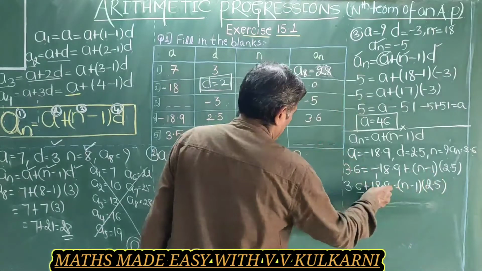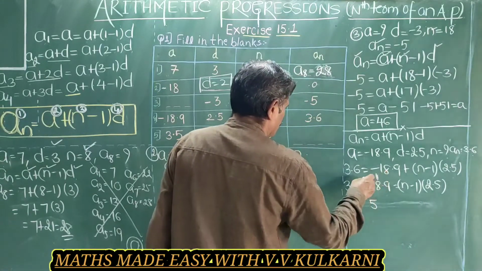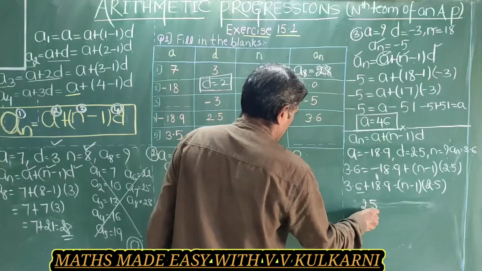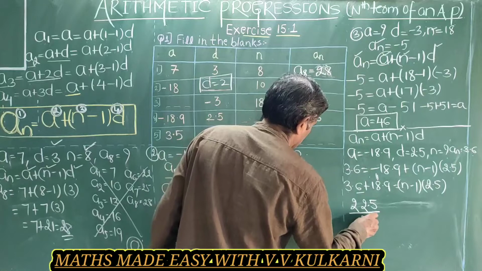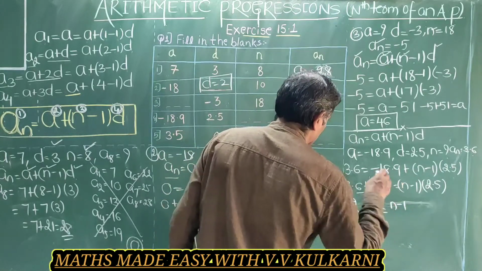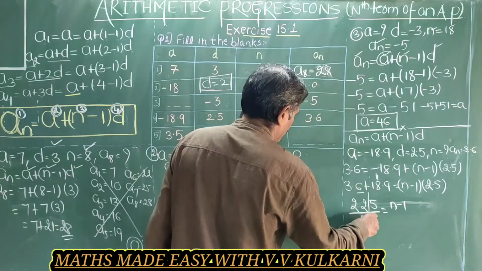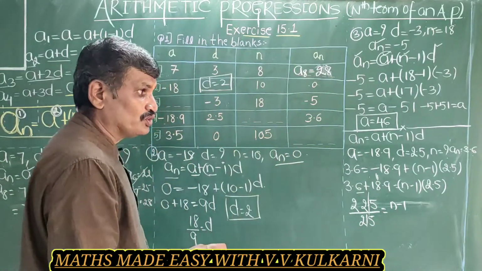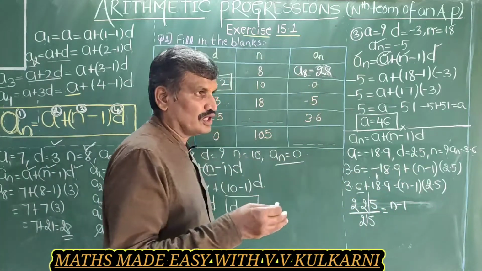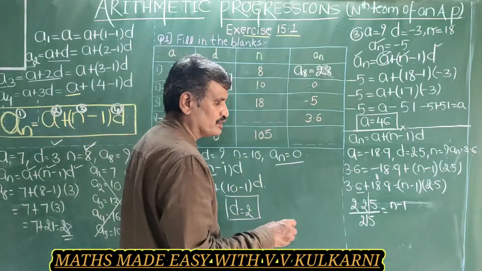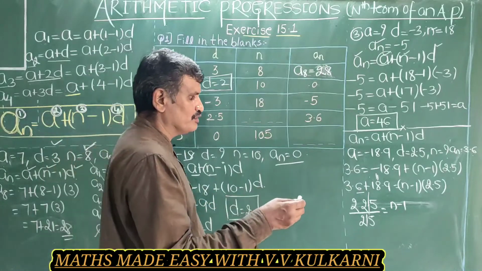2.5. 9 plus 6 is 15, carry 1, 8 plus 1 is 9, and 9 plus 3 is 12. Again carry 1, so this is 22.5 divided by 2.5 into n minus 1. After one digit, one decimal point is there. After one digit, decimal point is there. Point cancels with point. If you remember, I had told you during the basic training program in maths, basic maths for all, in the training program, I already informed you all these things. So if at all you are not seeing the video, I again request you to please see that video.